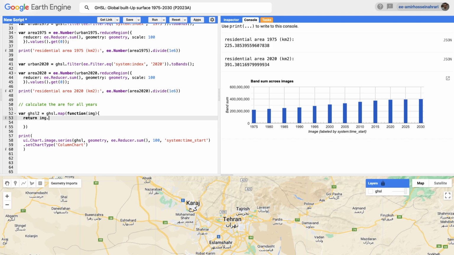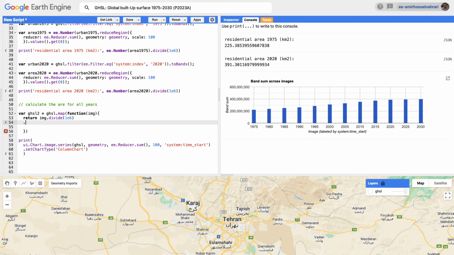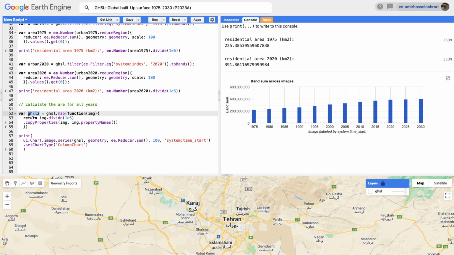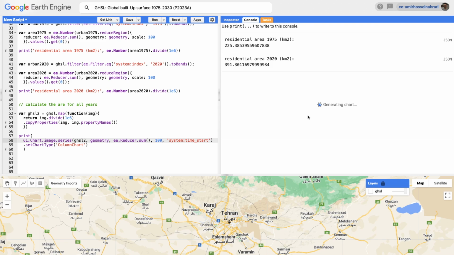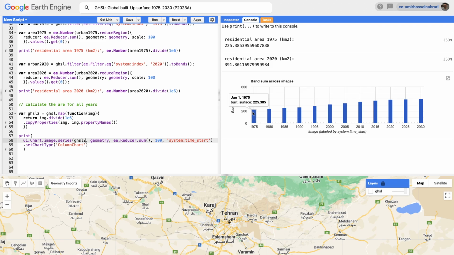Just return each image divided by 1 million, 1e6, with all the properties, img.propertyNames. So now copy GHSL2 instead of the previous one. A new chart will be created, you can see that it is created,